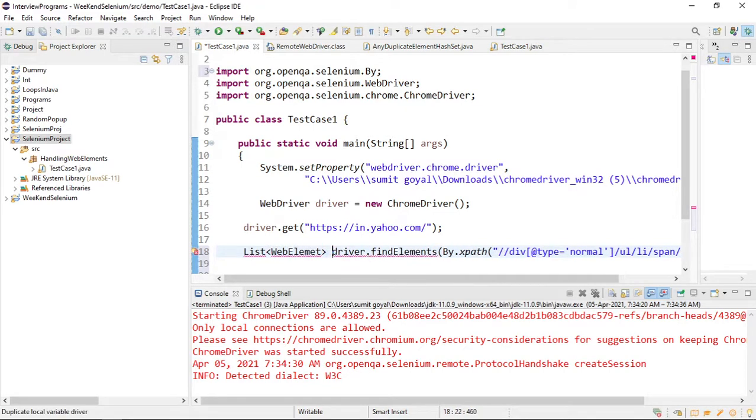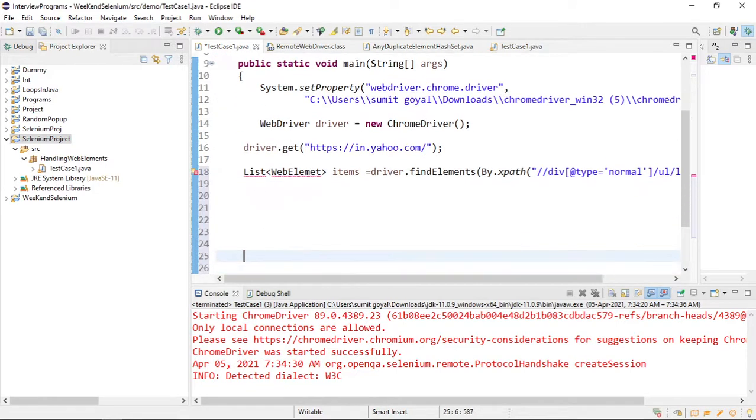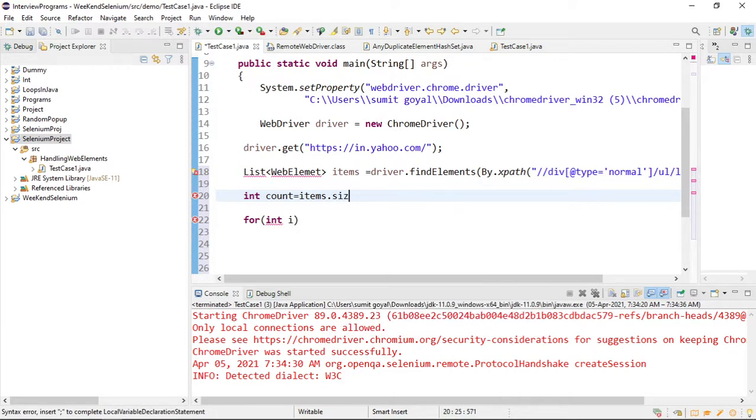I can say it is items. So it will give me all the items, and after that I will use one for loop. So let me first calculate total size. Int count of links equals total size, which will be items dot size. So import the package.